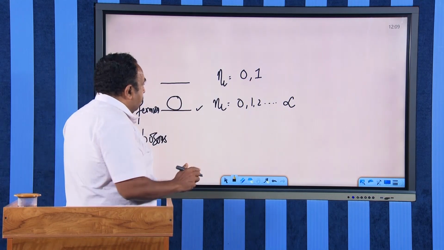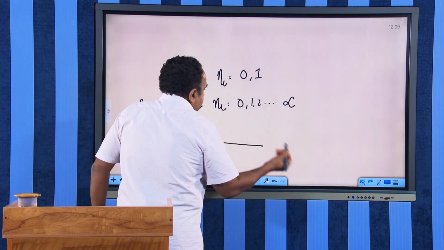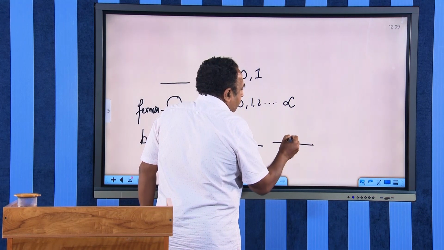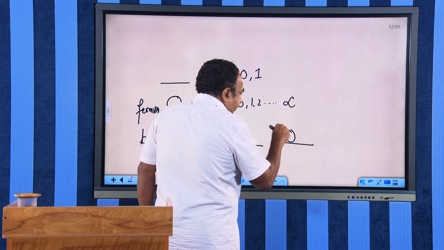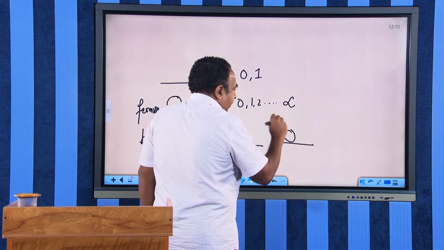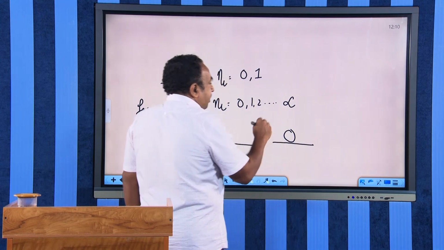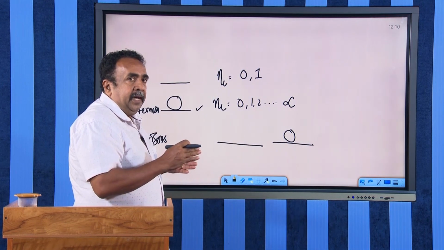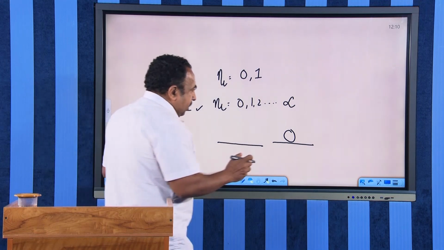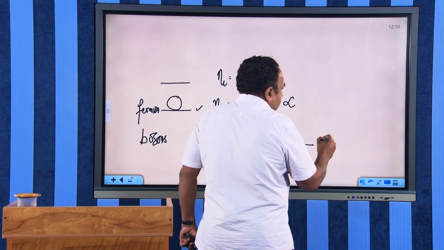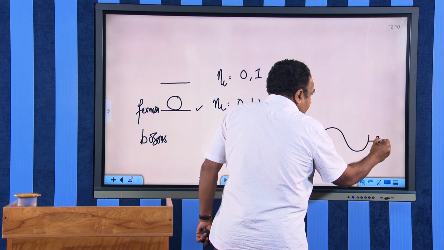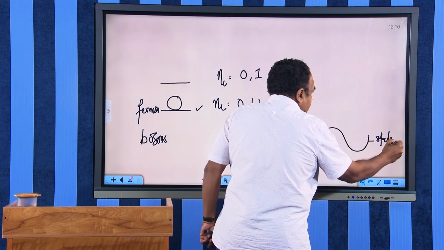But in the case of a boson, if I have a state, the state can be empty, but otherwise it can be filled with one particle, with a second particle, with a third particle, with an infinite number of particles. But remember, in the case of a quantum system, the state means a wave nature. It is a wave. Therefore, the wave itself is the state.